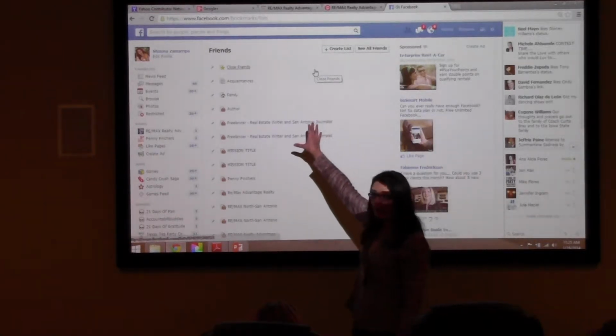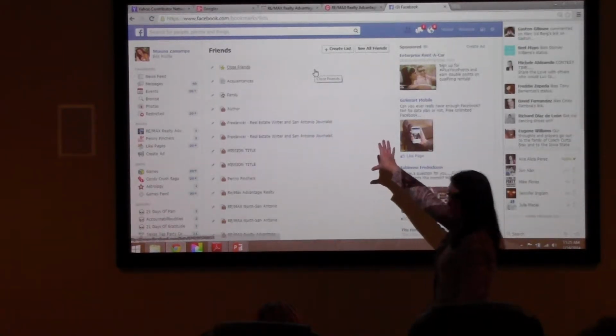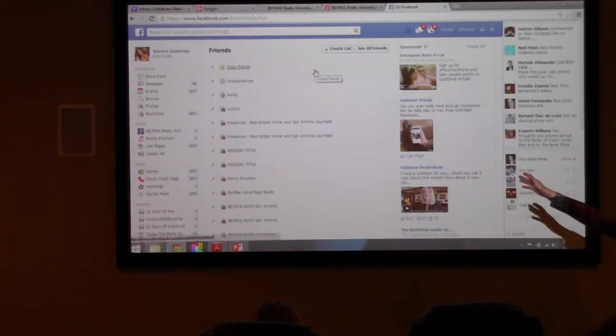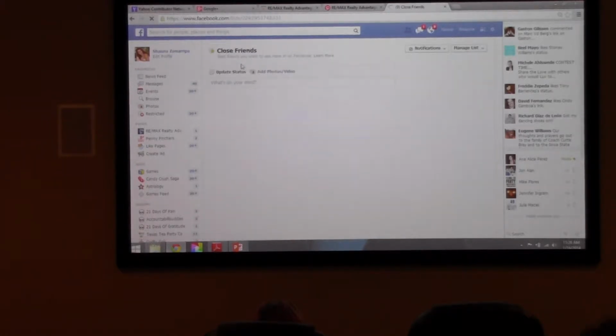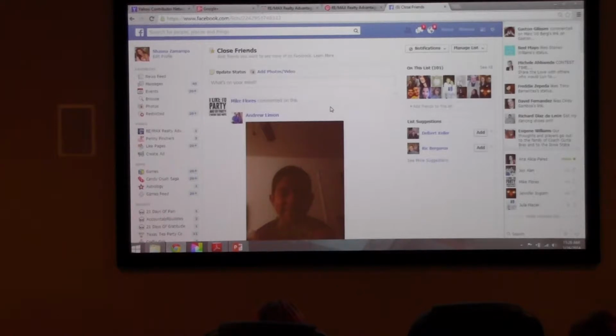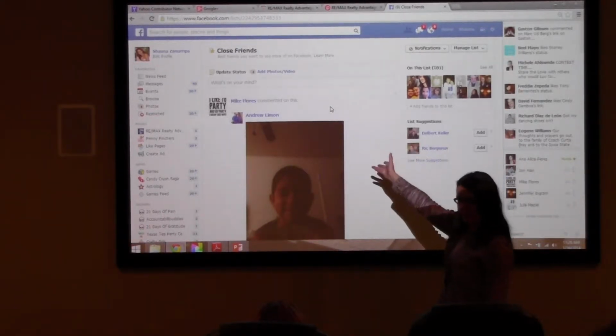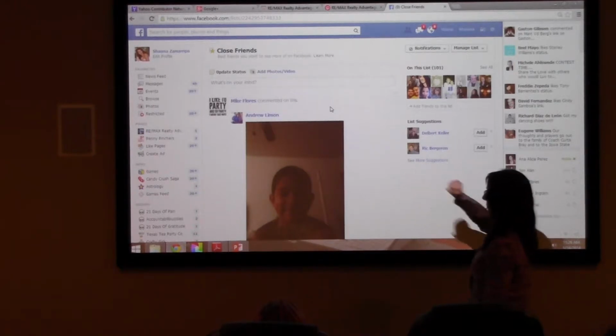And I wasn't kidding when I said mine's pretty segmented. Did this take time to set up? Yes, it did. Is it worth it? Yes, it is. So if I want to say, look at my close friends list, this enables me to stalk better, and it also enables me to share data with who I want to share it to.